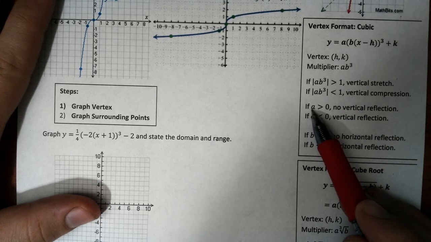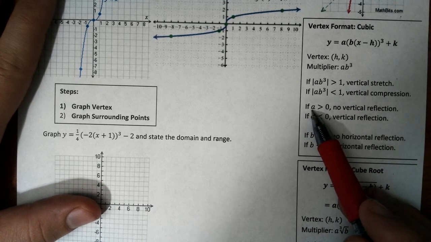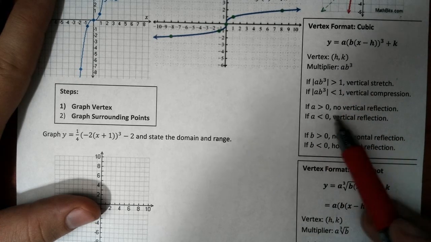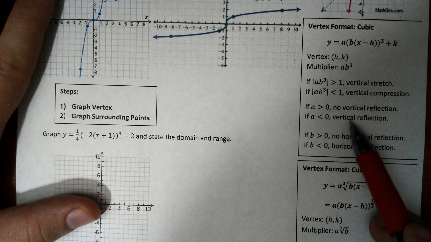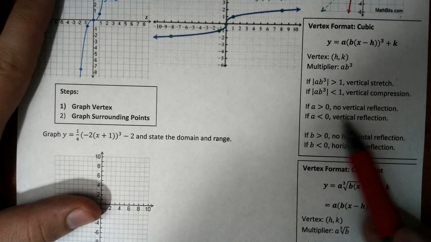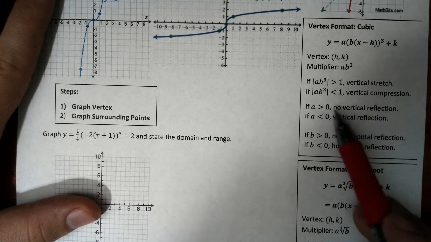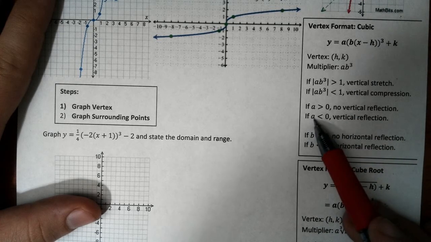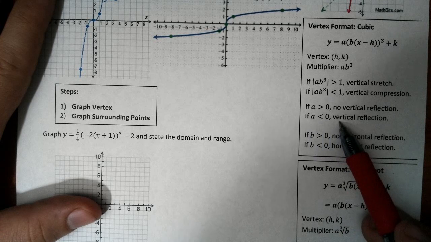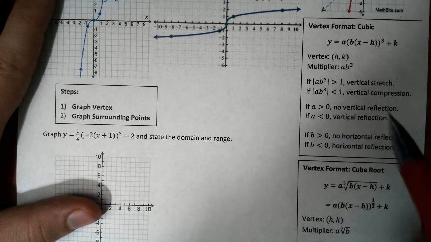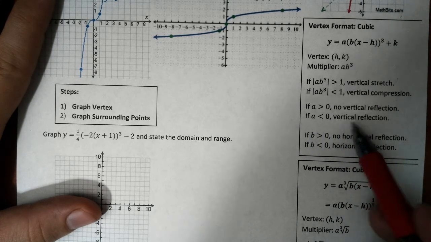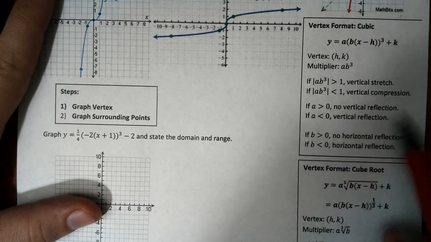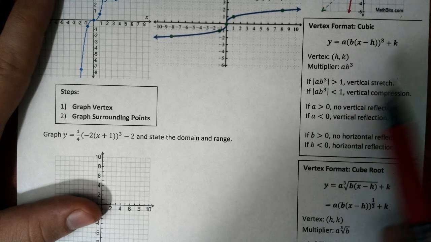So remember, and this is the same with our square function and our square root function, a is going to be controlling whether it's vertically reflected. So if a is positive, there's no vertical reflection, it's just typical. We're not doing anything to it vertically. But if a is negative, or less than 0, that means that we're going to have a vertical reflection, so it'll flip downwards. And likewise, very similar with b, except b is on the inside of our operation, so